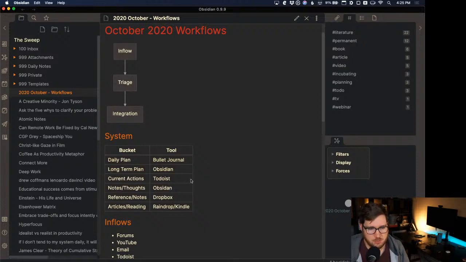My bullet journal, Obsidian, Todoist, Dropbox, Raindrop, and my Kindle. And then they're getting integrated into those tools somewhere in the system that I have. So if it's in the bullet journal, that's largely for day-to-day planning, so there's not too much craziness there that I have to worry about. Obsidian, what we just built, the